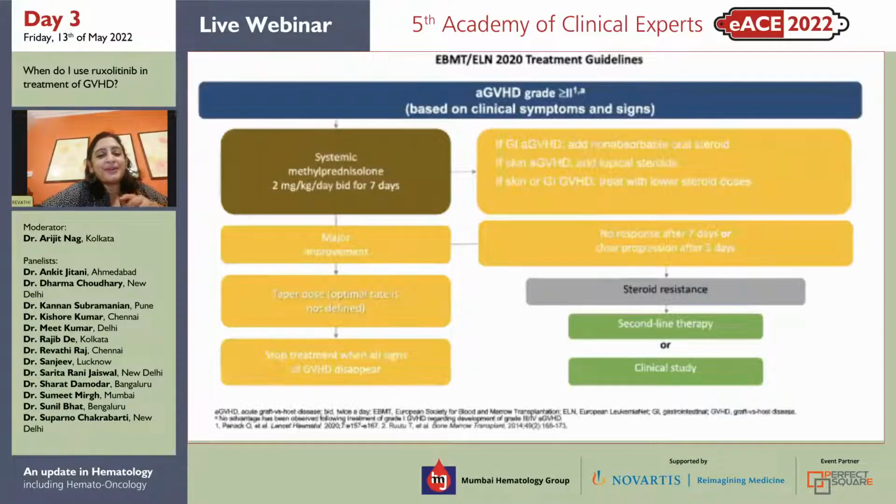I just wanted to add that, absolutely agree with him. And when we've used budesonide in children, especially with gut GVHD, the upper gut heals very quickly and they continue to have loose stools. So they're very hungry all the time, but whatever they eat, they can't digest. So you have to be careful and balance the use of budesonide and systemic steroids. Use a combination of both so that neither is too toxic.